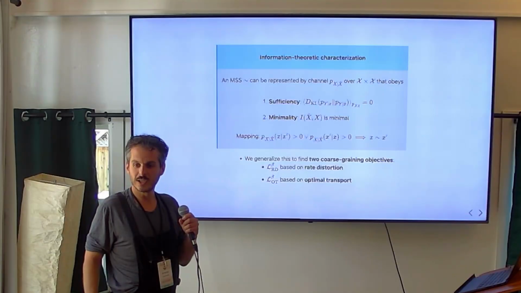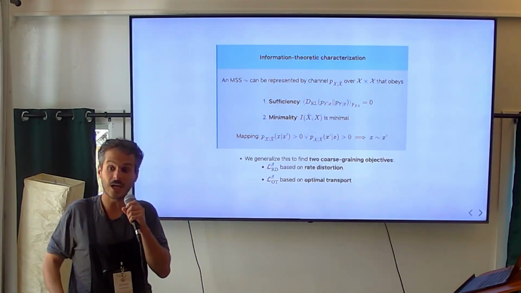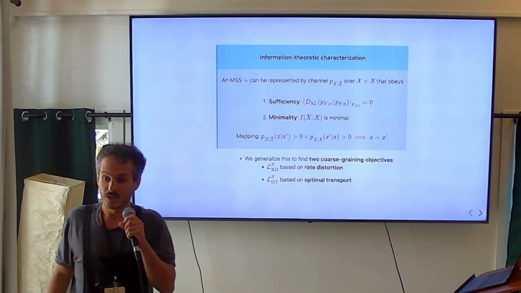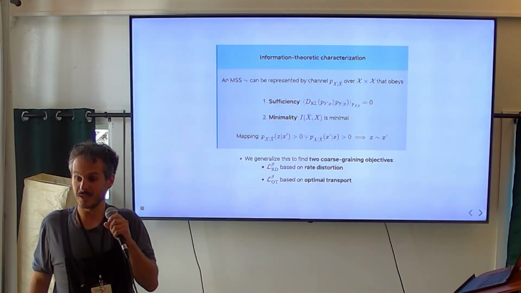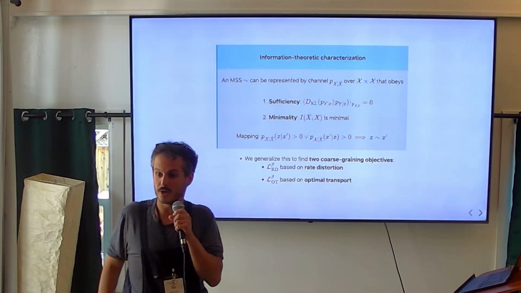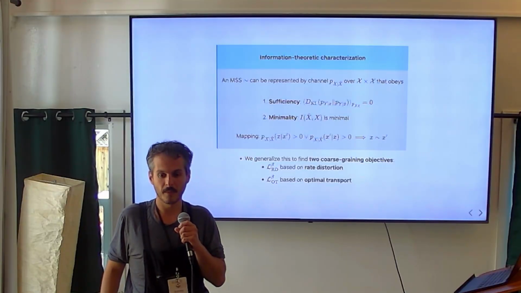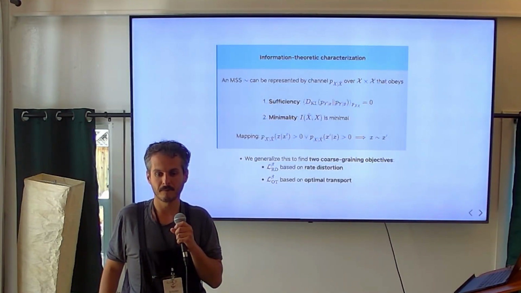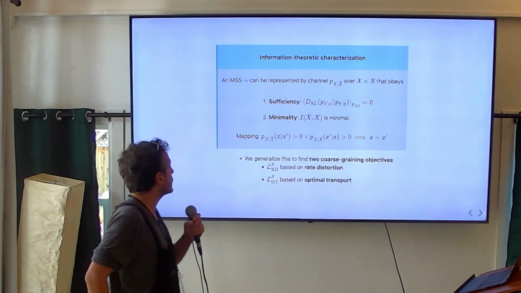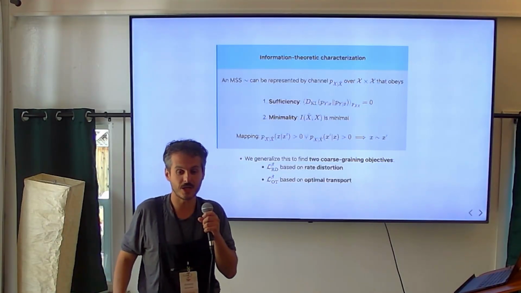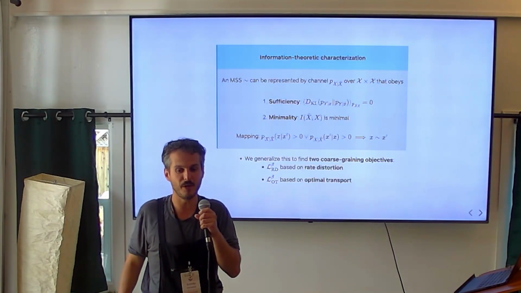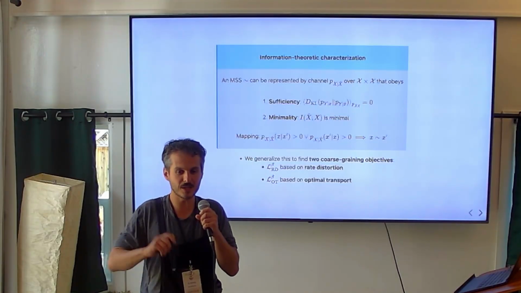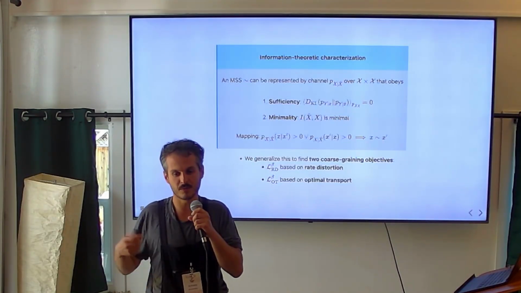The x hat is just the coarse-grained version of x, right? Yeah, but we can think of it as living in the same space, so it has the same outcomes, but it's the coarse-grained or blurred version of x. Isn't this the more general version than the one we showed before? That's going to come next. This is an information-theoretic characterization equivalent to a minimal sufficient statistic, but it doesn't mention anything about f. It's just in terms of this equivalence relation.